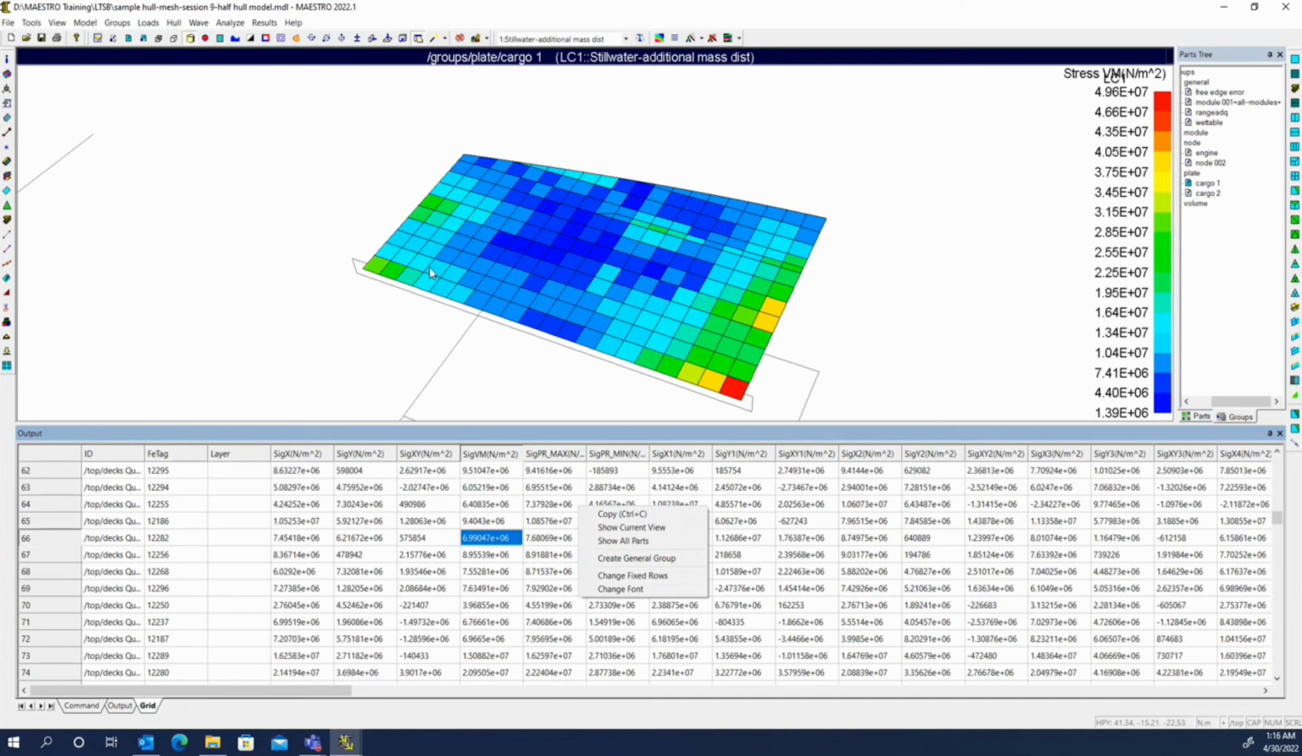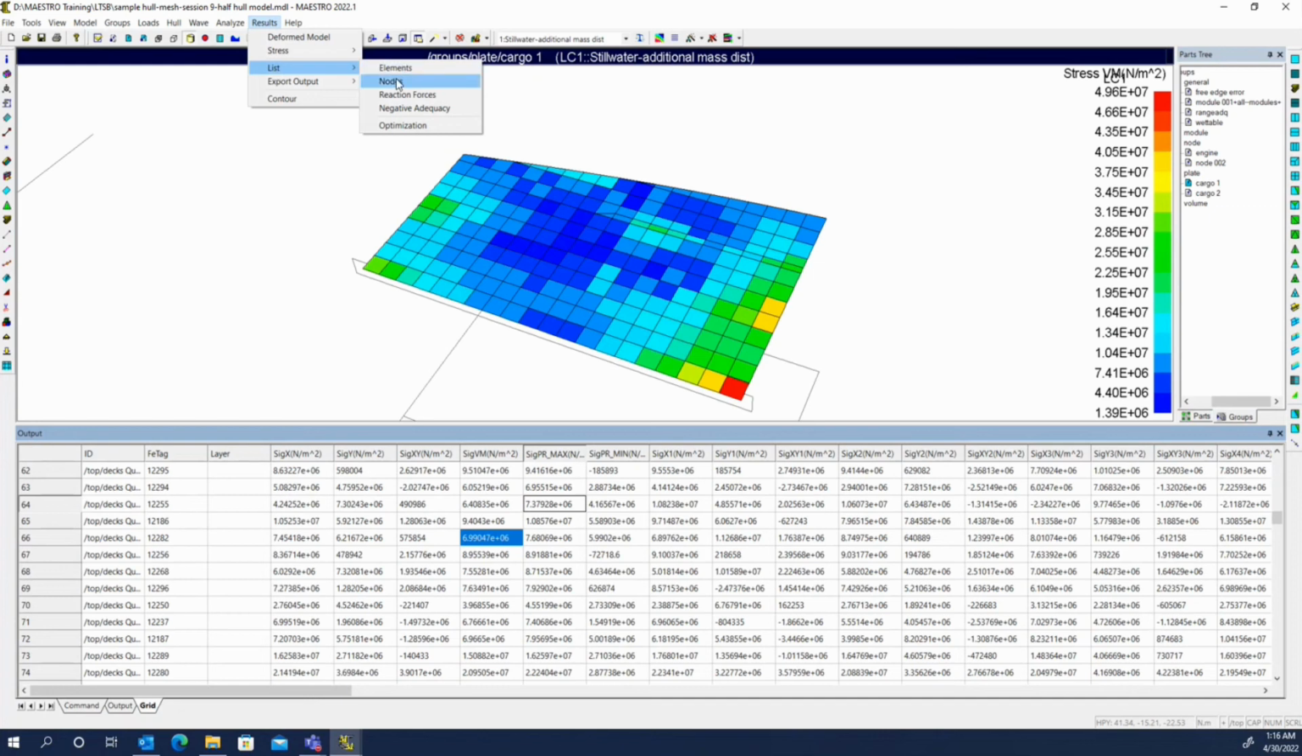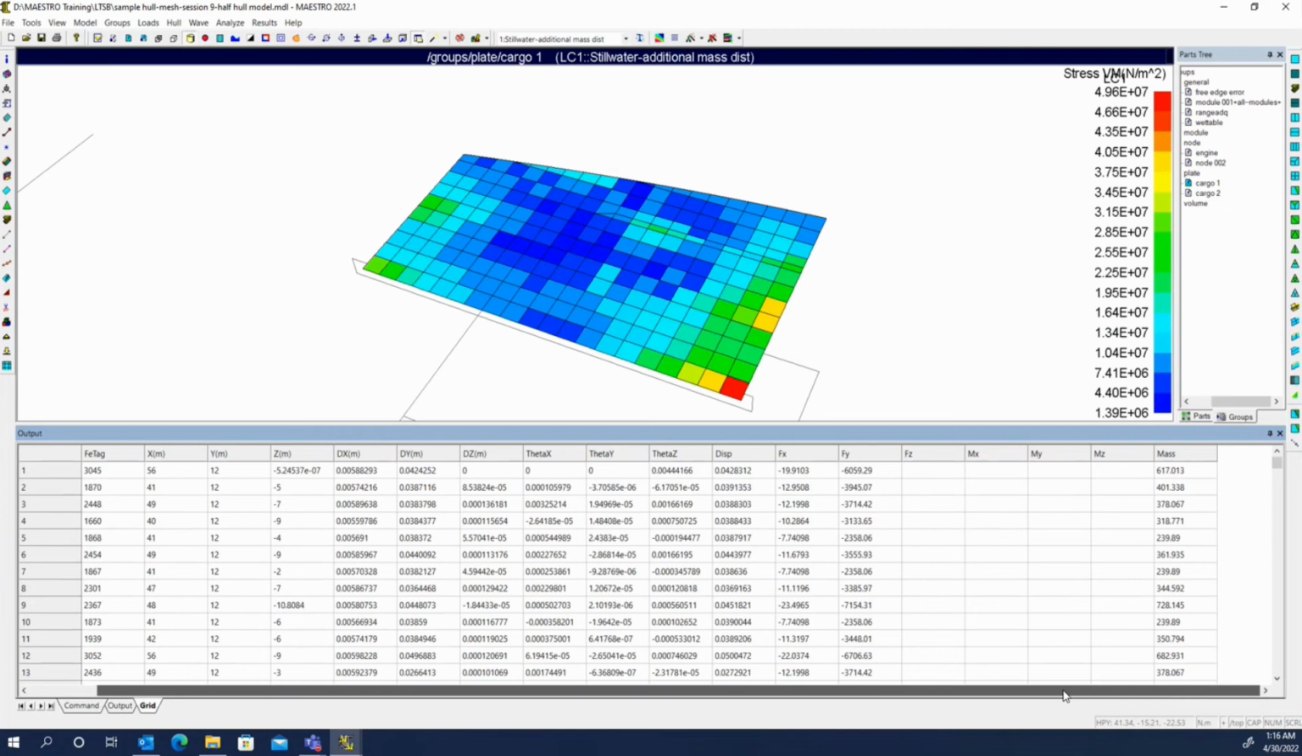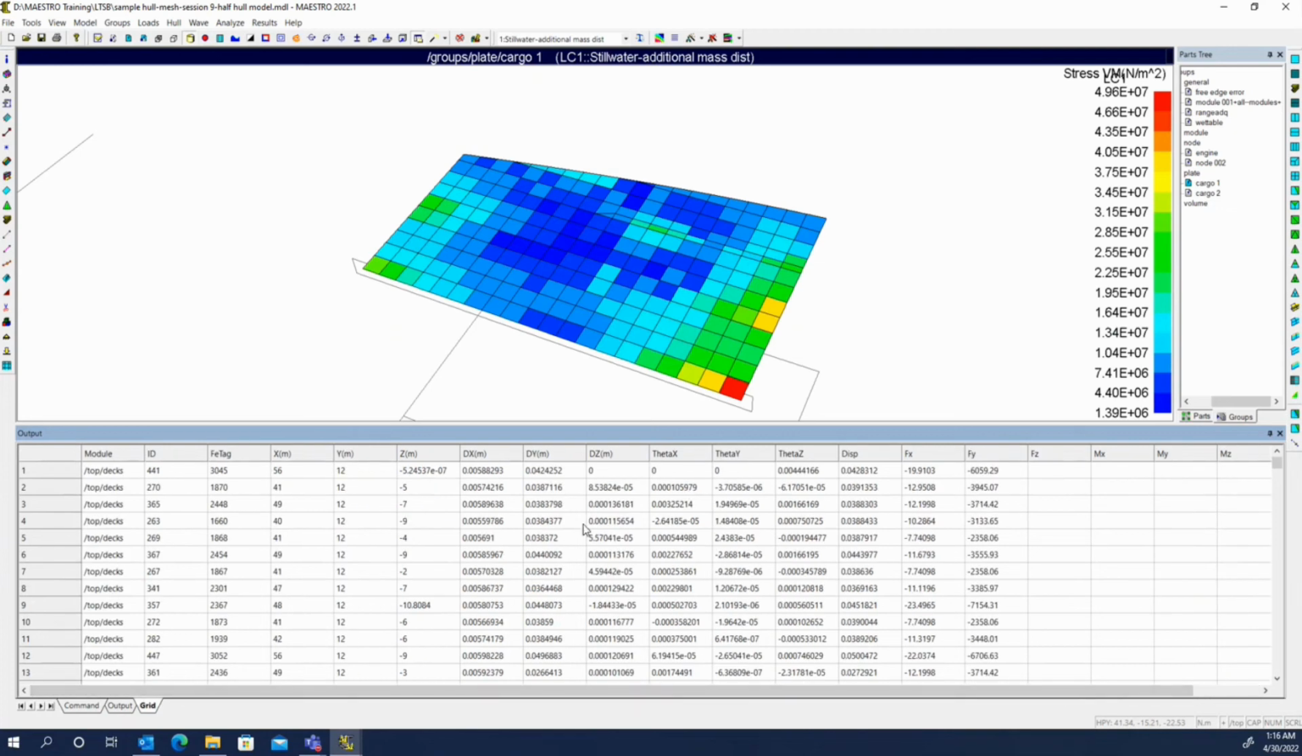Now, even though we're looking at this same plate group, if instead of viewing the elements, if we view the nodes, you can see all of the information we'll get from all of these nodes, the forces and displacements. And if we right click here, we've got a slightly different set of options here. And one of the things in this one is you can create a general group associated with each one of these nodes. Well, it's not particularly helpful in this because we already have all of these plates in here, but